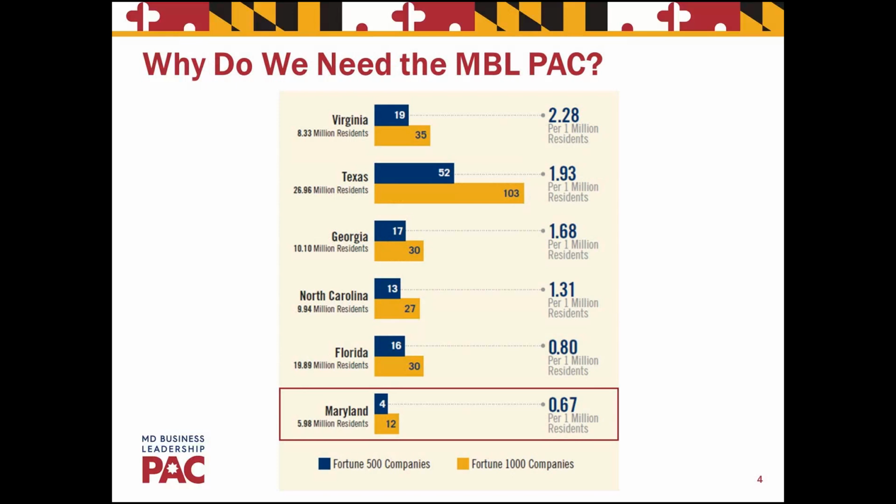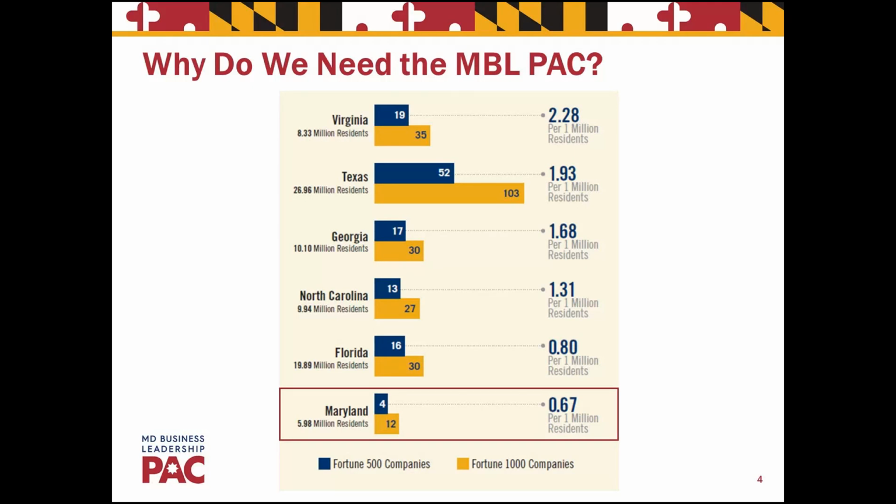This is a graph that shows the distribution of Fortune 500 companies among Maryland and a lot of our competitor states, much of them to the south, which are considered very pro-business states. In one of our brochures for MBRG, we talk about the fact that Maryland business has literally and figuratively gone south. And it's because a lot of our jobs, a lot of our company owners, a lot of our retirees, they pick up and leave Maryland as soon as they can, and we can't have that.